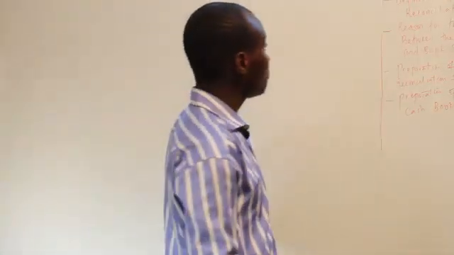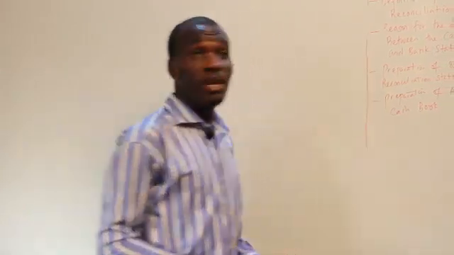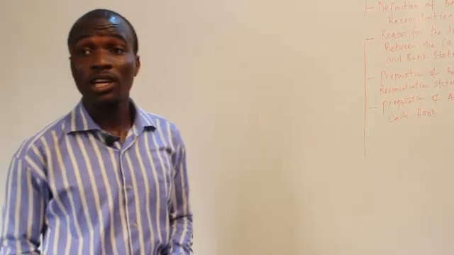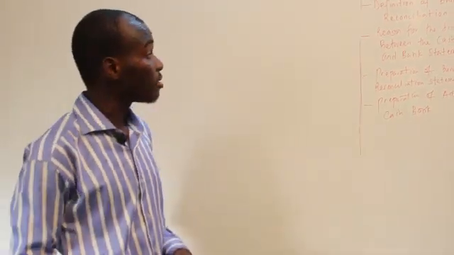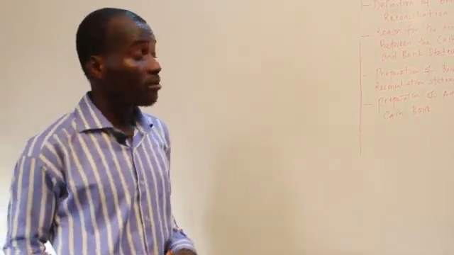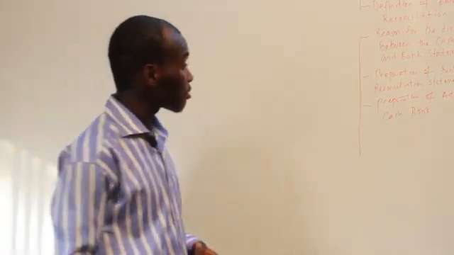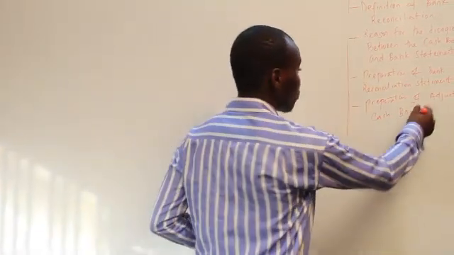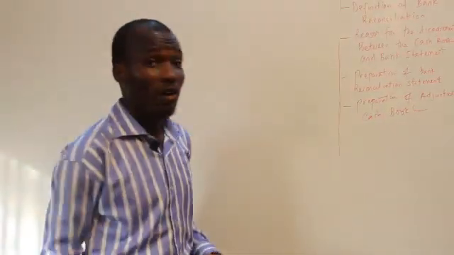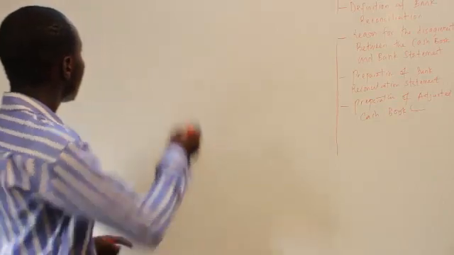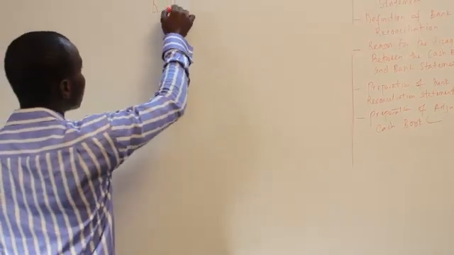So we've done the definition of bank statements, the definition of bank reconciliation, the reason for the disagreement between the cash book and bank statements. Then we prepared the bank reconciliation statements. So the next subtopic is the preparation of adjusted cash book. So the adjusted cash book